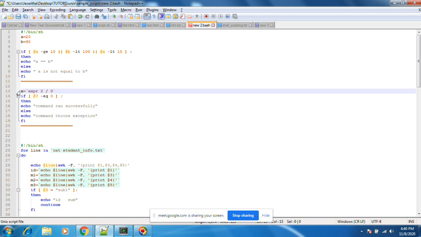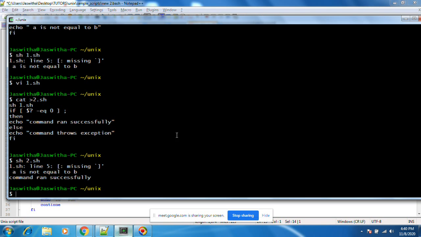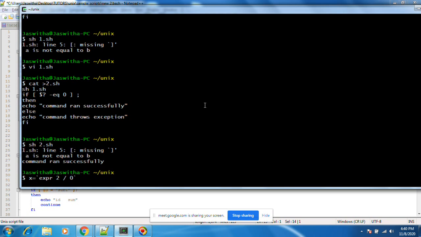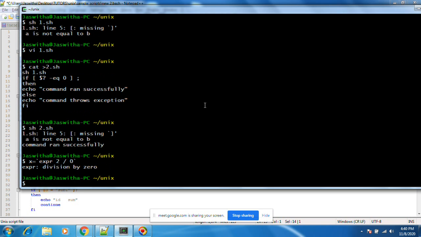2 by 0 means, what is the value of 2 by 0? Infinite. Infinite means undefined. This may not work, let me check. This is some runtime exception that will come: division by 0. This will be the expected exception.